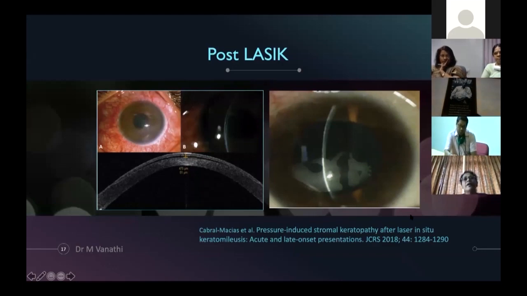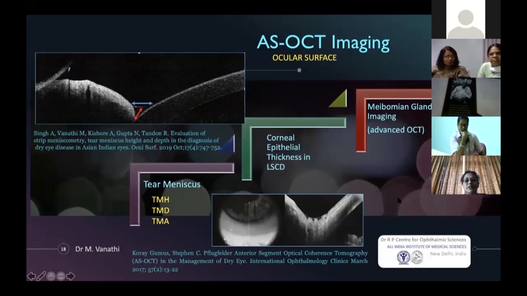One other important factor for which ASOCT is really useful is in post-refractive surgery scenarios, when you're looking at interface problems and epithelial ingrowths. Most of the time you would be able to pick them up on your slit lamp evaluation as well. But this is very important when you find pressure-induced stromal keratitis, which is very well documented on an ASOCT. You would find that subtle space between the LASIK flap and the residual stroma, which only improves when you're managing the pressures in these particular eyes.